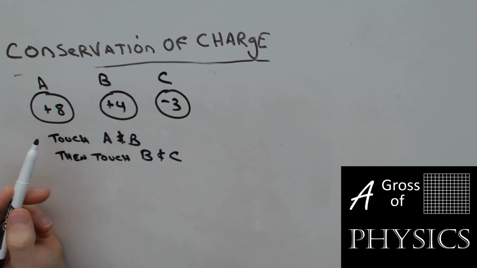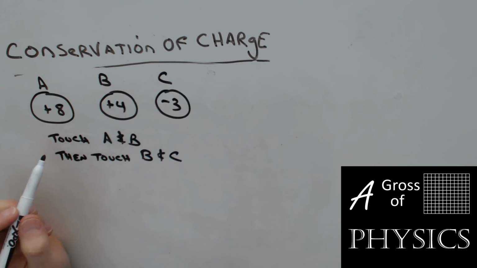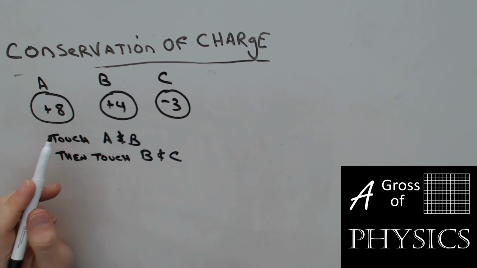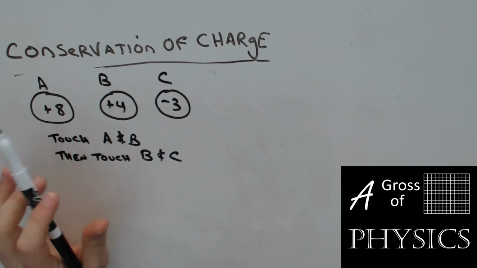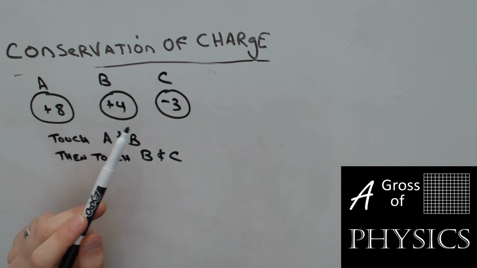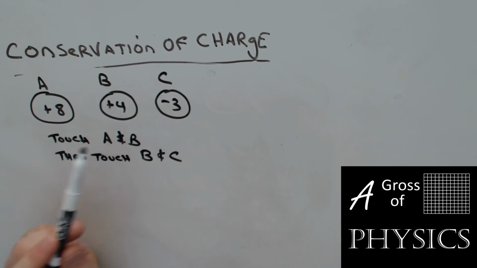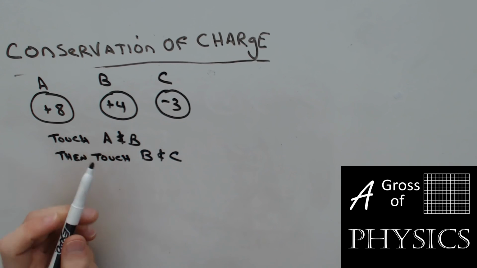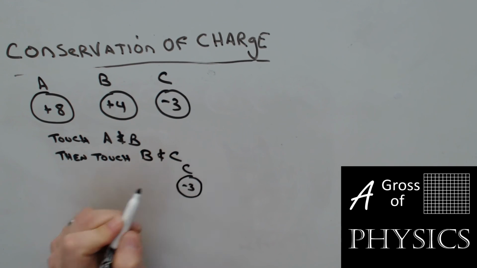For this one, we have the same initial setup. We have a plus 8, a plus 4, and a minus 3. But what we're going to do is not touch them all at the same time. We're going to take A and B and touch them together. We're going to separate them, and then we're going to touch B and C. Now, what's important to remember is that if C is not involved with the initial contact, it's going to maintain its -3 charge. So what I'm going to do is bring the -3 here, because that's not involved with this